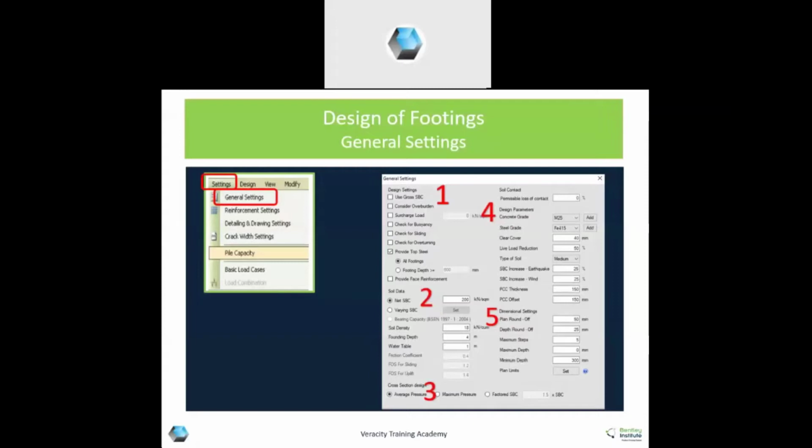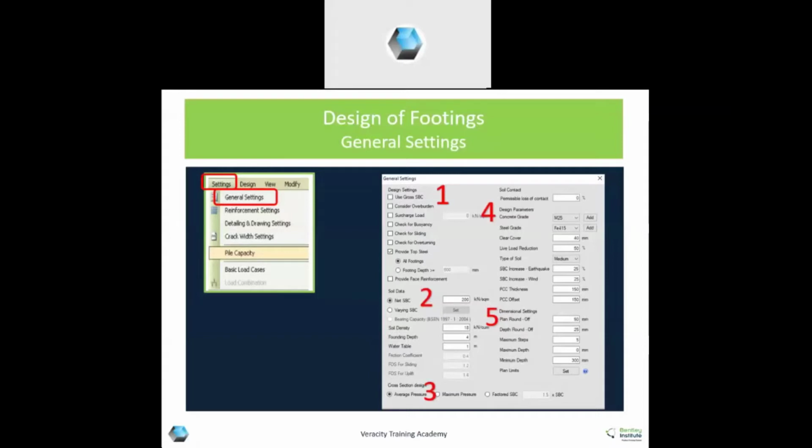Which checks you can take? Buoyancy, sliding, overturning. All these checks you can take. You can give a surcharge load also. So if there is any, provide top steel. Generally, as per our code, when the footing depth increases after 1 meter, that time we have to provide a minimum of 360 mm square on each face of the footing, that is top as well as side.